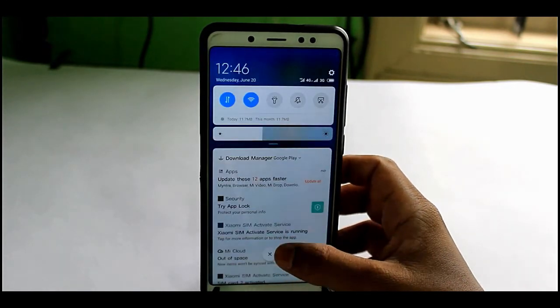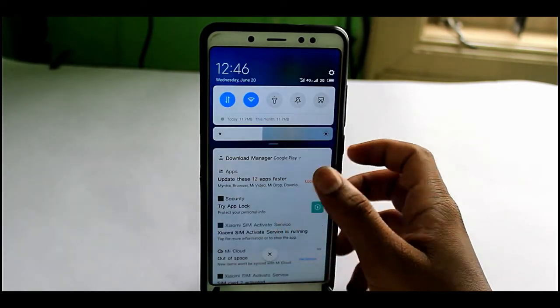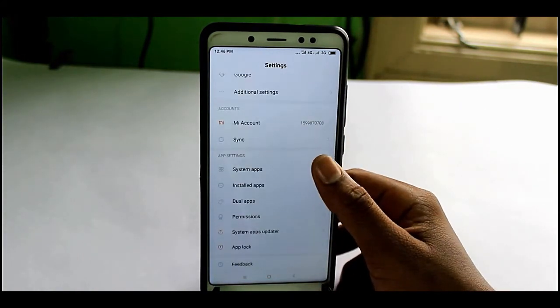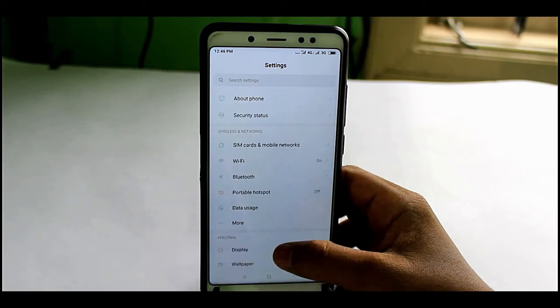Okay, let me go to the settings now. See, this is the notification bar. It's completely changed. Wow, it looks great. Yeah, you can see the settings. Let me go to the about phone